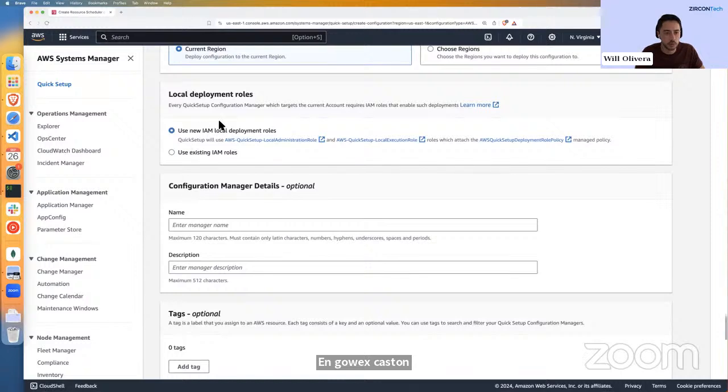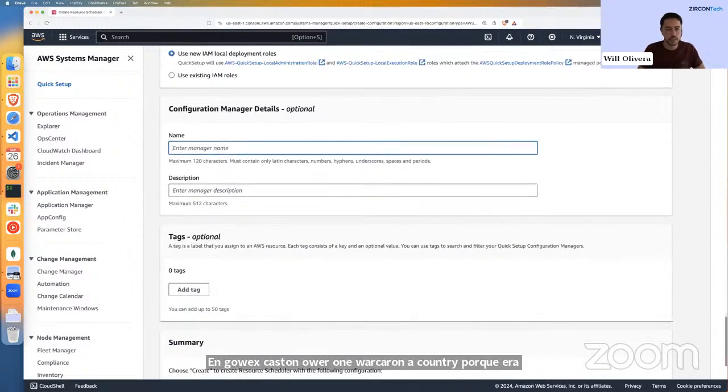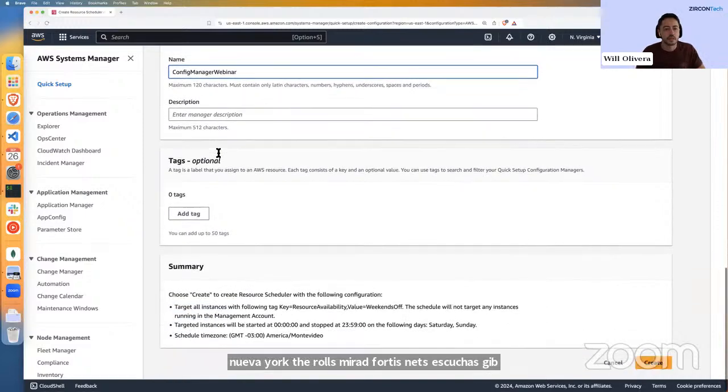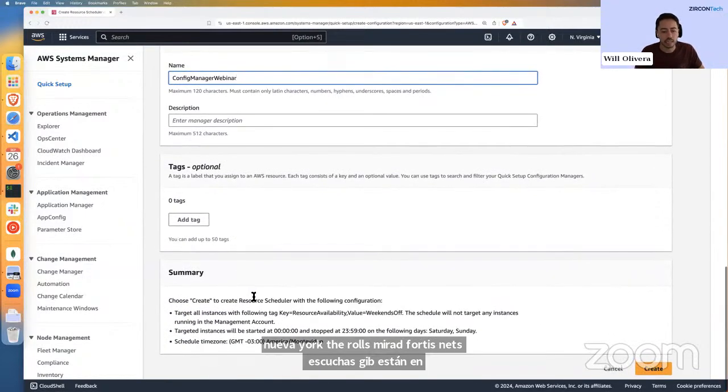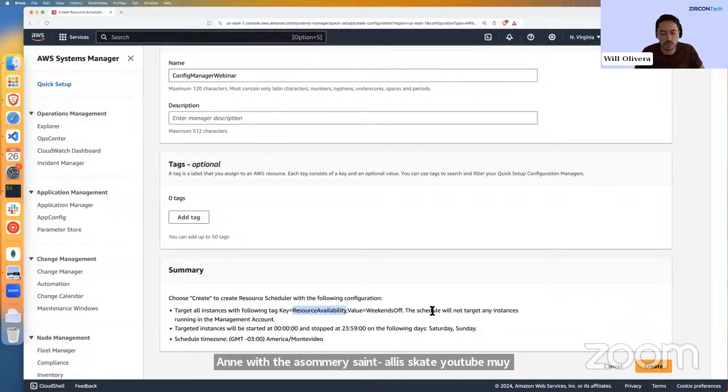We get an overview of the roles needed for this. Next, we just give this a name. And we get a summary saying how this scheduler will run. We will be tagging resources with this value, and it will be running during these time ranges. So we are ready to just go ahead and create